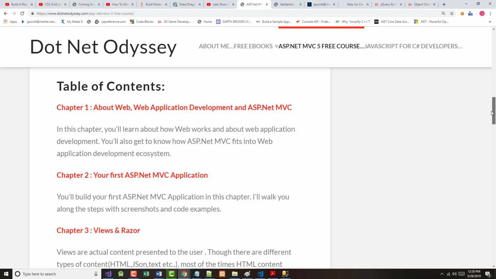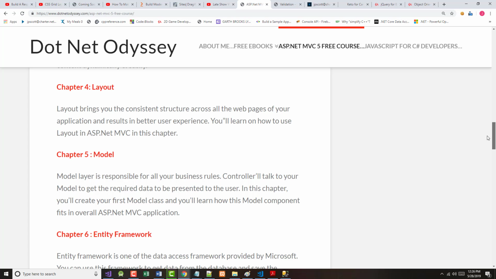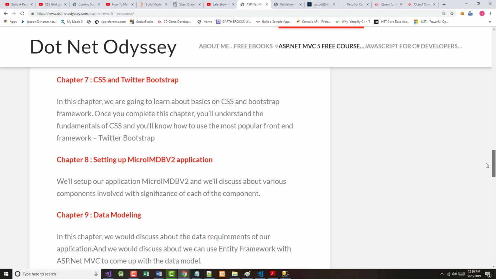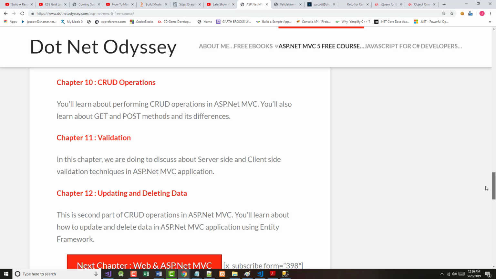So far I've gone through all of chapters 1, 2, and 3, all of chapters 4, 5, and 6, all of chapters 7, 8, and 9, all of chapter 10, and I'm smack dab in the middle of chapter 11, where we're discussing server-side and client-side validation techniques in ASP.NET